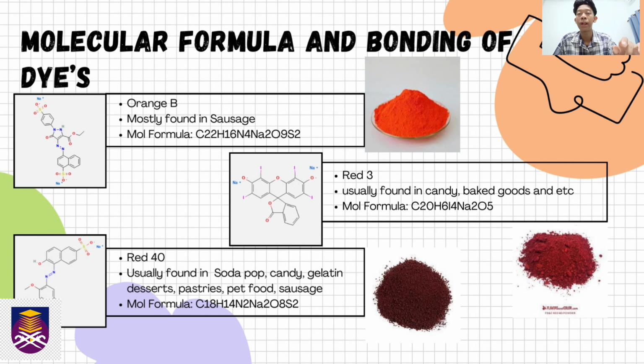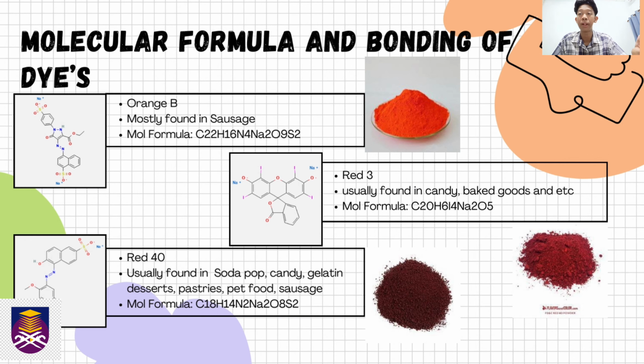sulfur 2. And for Red 3, we usually find it in candy, baked goods, and so on, where I could say it is mostly found in bakes to make red velvet cakes. And the molecular formula for Red 3 is carbon 20, hydrogen 6, iodine 4, sodium